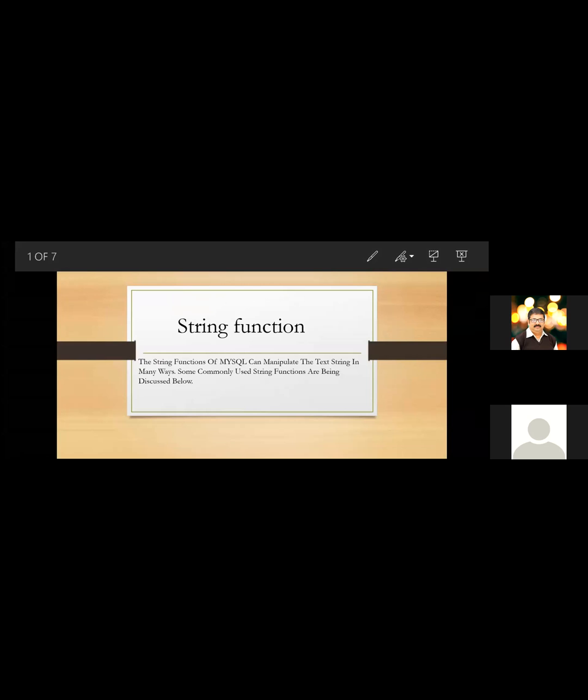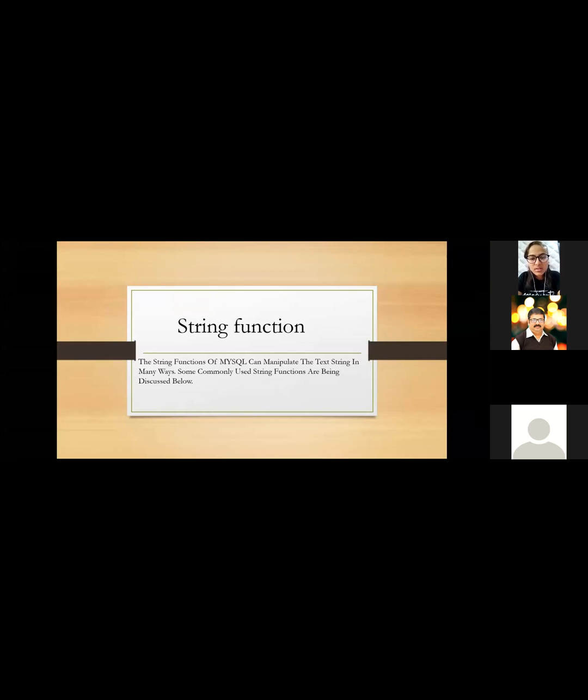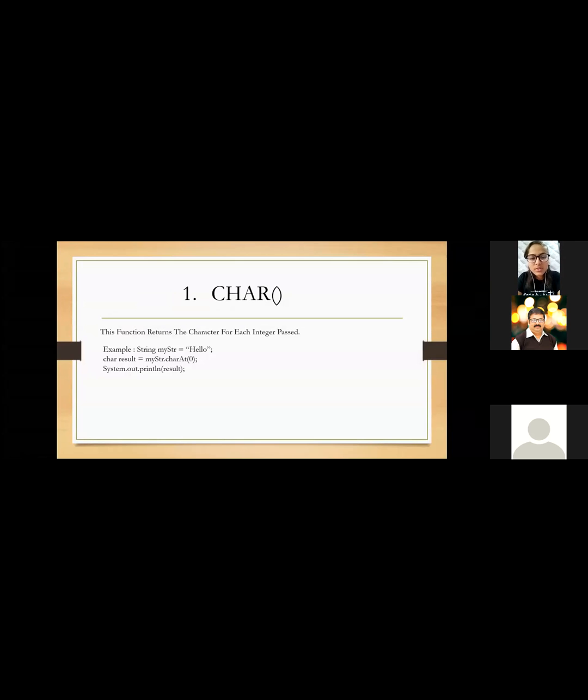Good morning, everyone. I am here to explain the topic string function. The string functions of MySQL can manipulate text strings in many ways. Commonly used string functions are discussed below. First, char. This function returns the character from each integer passed. For example, String mystr = hello; char result = mystr.charAt(0); System.out.println(result);